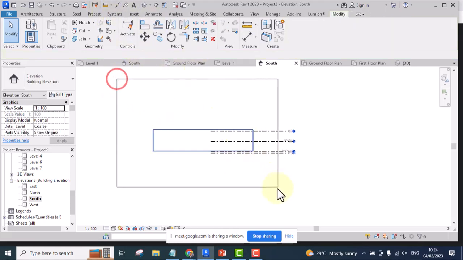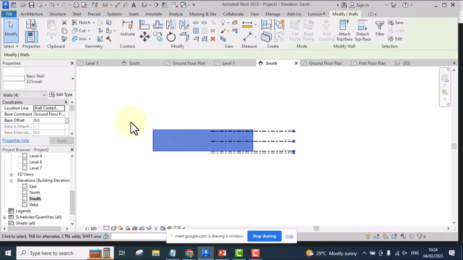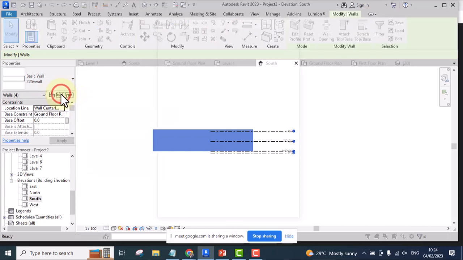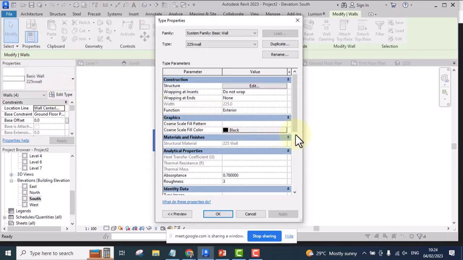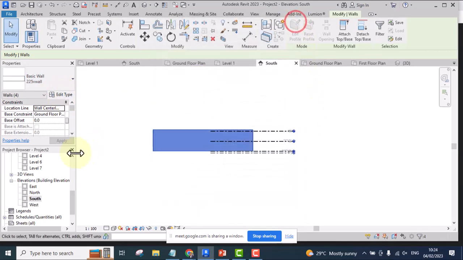So you simply select it and you go to the property palette, which is this particular one. You click on edit and you will expand this on this property palette. You expand it